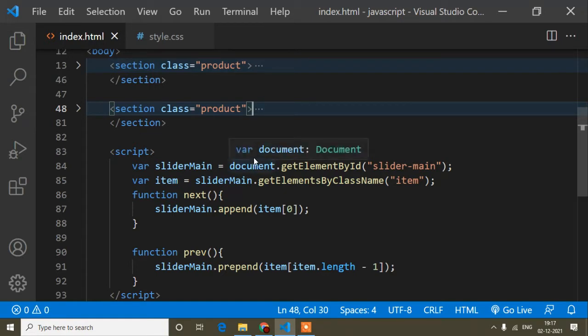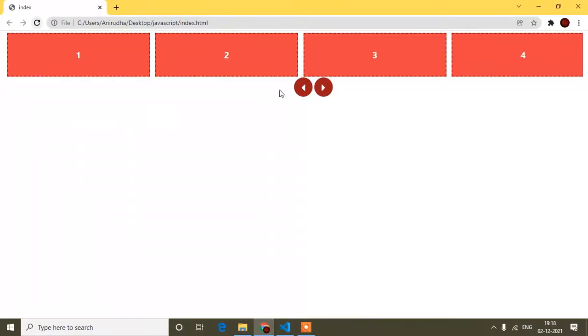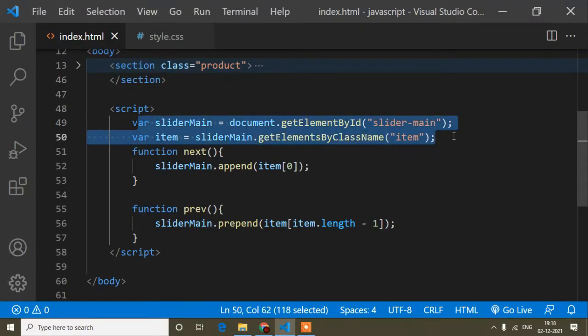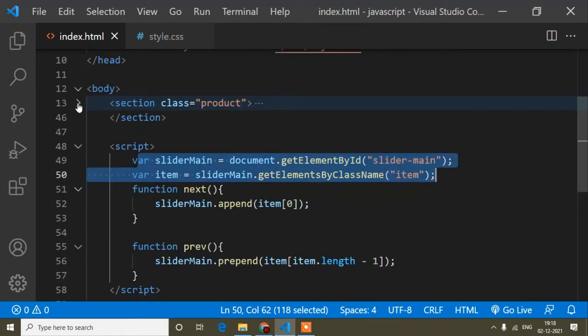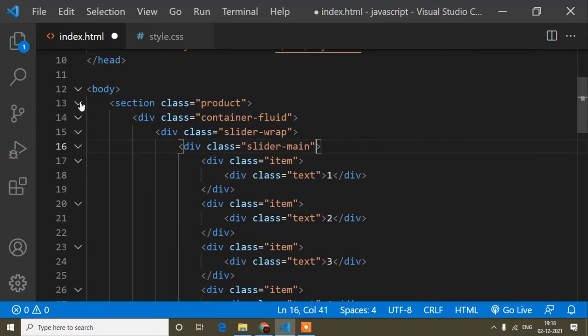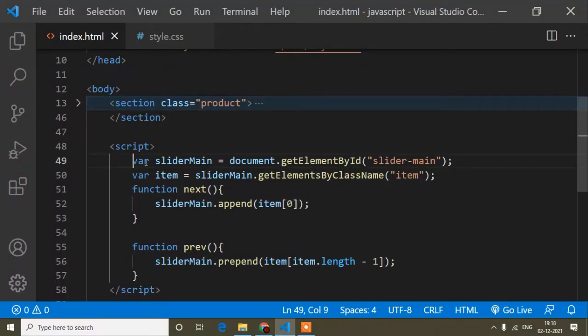Here it's a very important thing guys, and I suggest you don't skip this video. First of all, I will remove the second slider. Now I will refresh, and you can see one slider is showing because I removed the other one. Now if I click, it's working perfectly. The main thing is I cannot use the id when I use multiple sliders. So the first thing, I will remove the id, this one, and save. Now if I refresh and click, it's not working because I removed the id and my scripting part was based on the id.